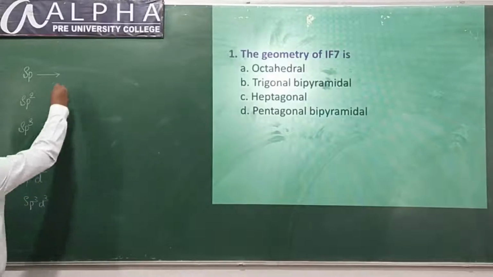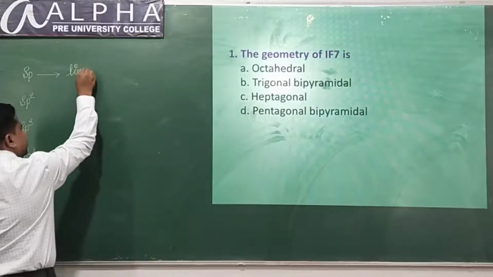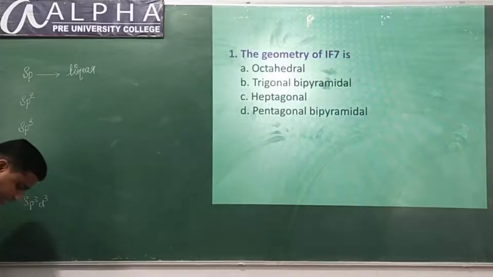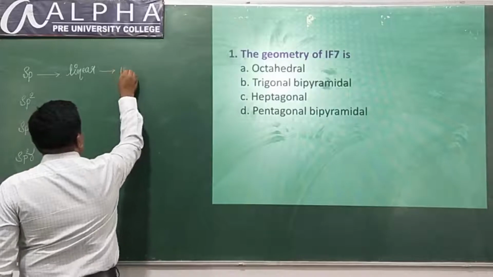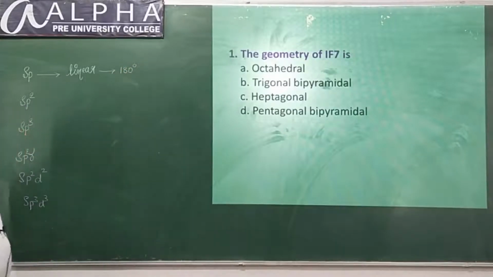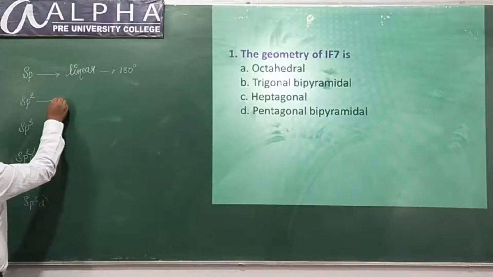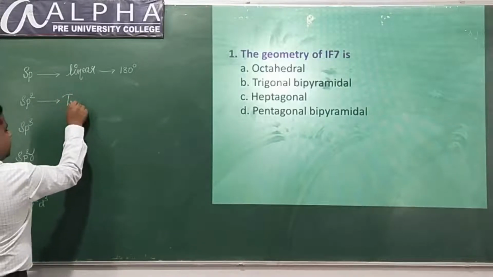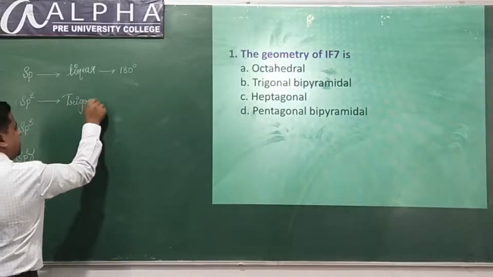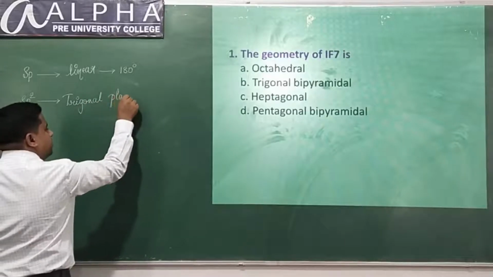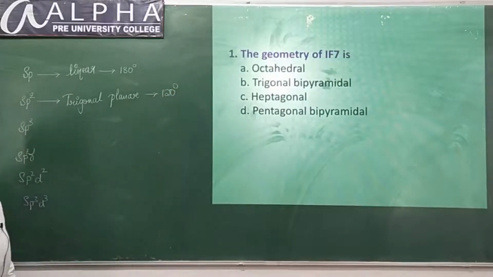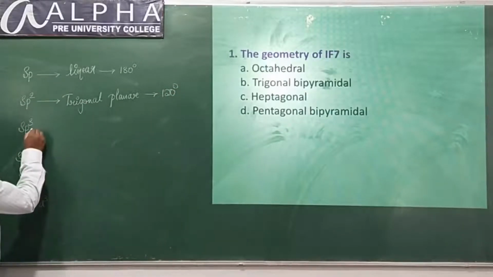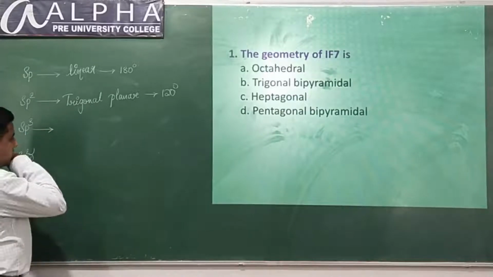Come on. Yeah, it is linear, isn't it? The shape of sp hybridization is what? Linear. Exactly correct. So what about the bond angle in sp hybridization? It is 180 degree. So hybridization sp means linear and the bond angle is 180 degree. sp2 hybridization, the geometry is going to be trigonal planar, and here the bond angle is 120 degree. Is that correct? The bond angle is how much? 120 degree.